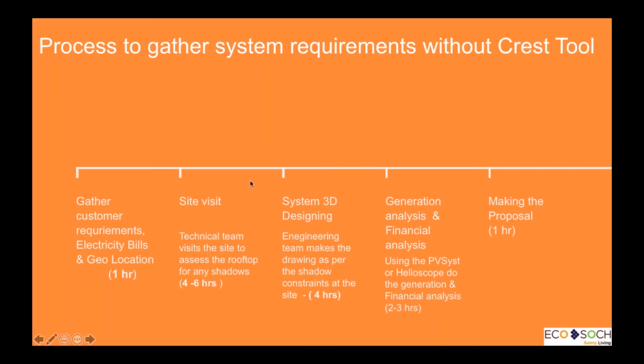Assume that we have no Crestwool. So what we do is the customer calls us, we talk, niceties, and then we go into details of what the customer wants. Then we ask him for the electricity bills and to send us the geolocation. Most of the customers are not aware that they should keep the electricity bill. Right now they have to search and somehow get it. The whole process takes back and forth. We actually ask for 12 months of bills, but we get 1 month's bill at most. If some of the customers are diligent, they have the bills and they'll send them to us.